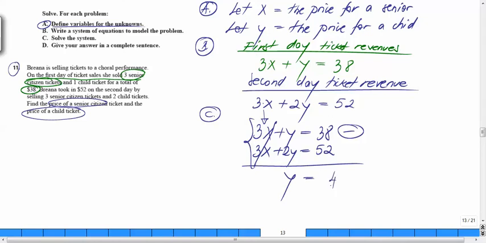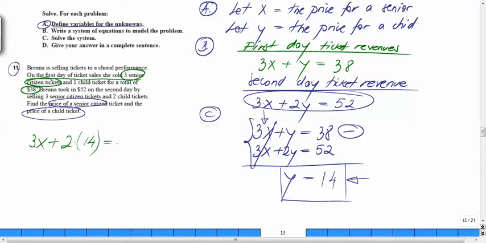52 minus 38 is 14. And we know that the cost of a child ticket is $14. Well, let's find the cost for a senior ticket. What should we do with this? Well, I'm going to take this 14 and plug it back into any one of the equations. How about this one? Now that equation becomes 3x plus 2 times y, and y is 14. 2 times 14 is 28, so I have 3x plus 28 equals 52. Take that 28 away